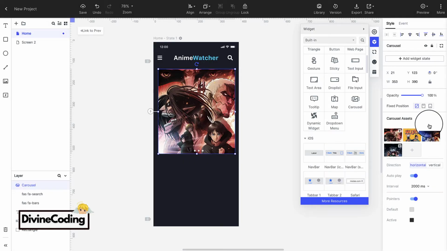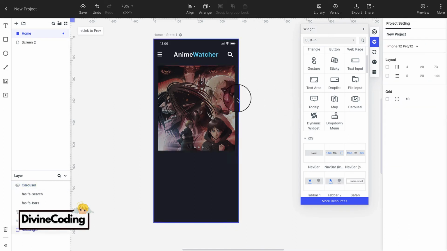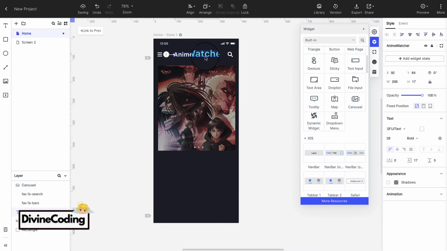So here I have uploaded all the slides, and now we will change its opacity as we have to put title and ratings on the image. For the purpose of visibility we will decrease our opacity, something around 67%. For the title we will just use the same text. For this purpose we will use our Ctrl+D.